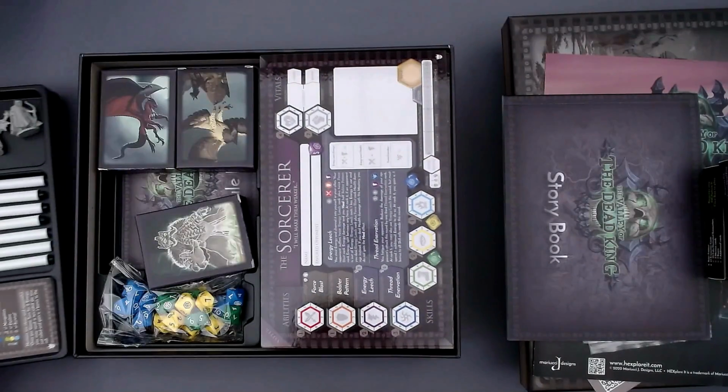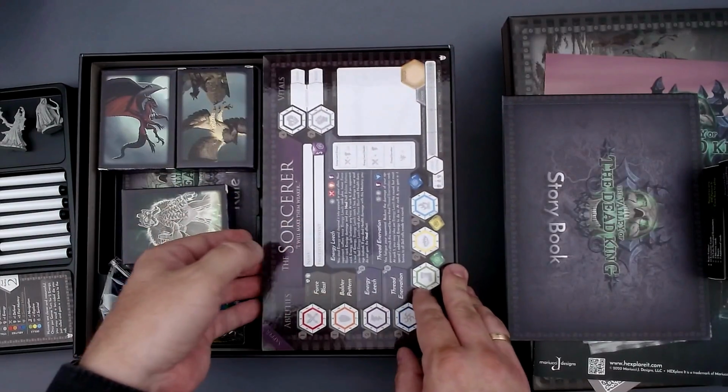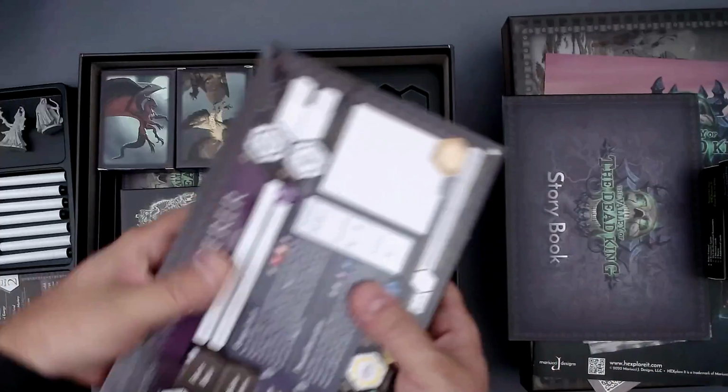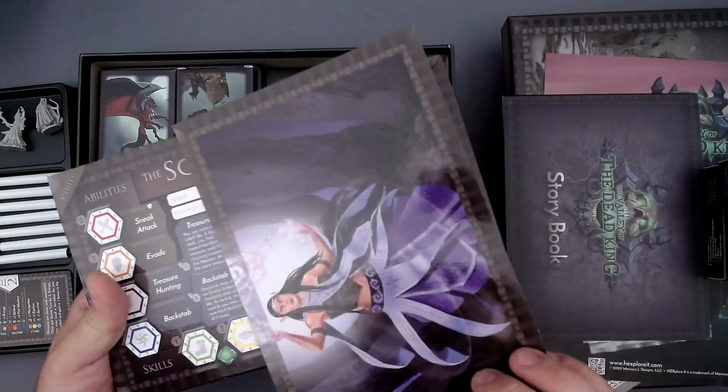Okay, can we take this out? Yeah, we can take it out like this. Oh man, there's so much stuff. There is so much stuff. And then here you have, oh wow, a lot of player boards. A lot of player boards. So, and that's it. These are then the